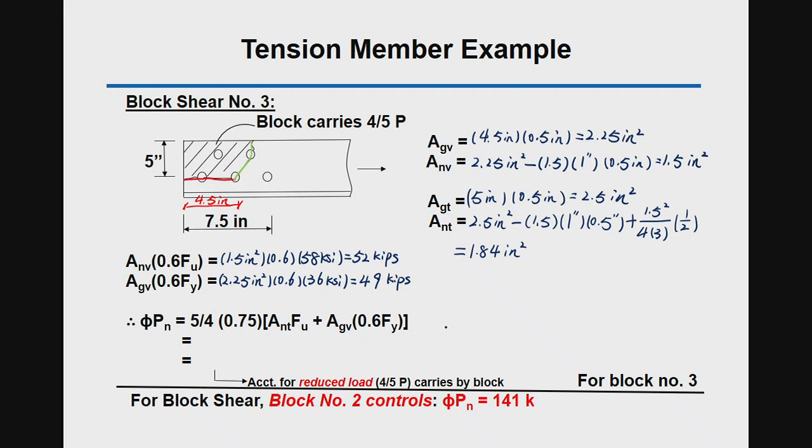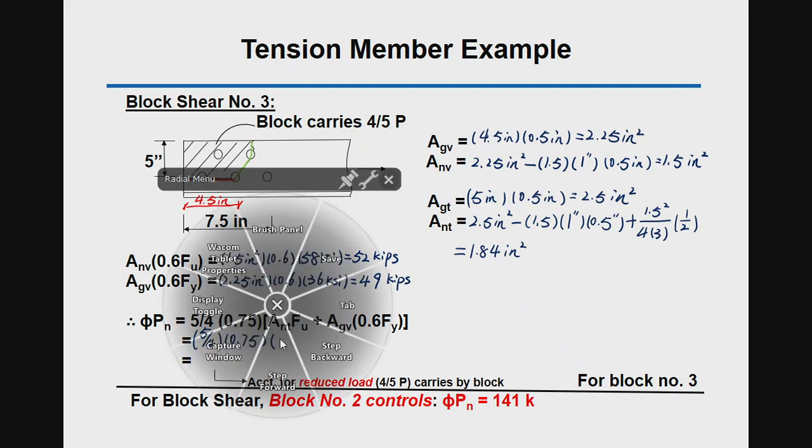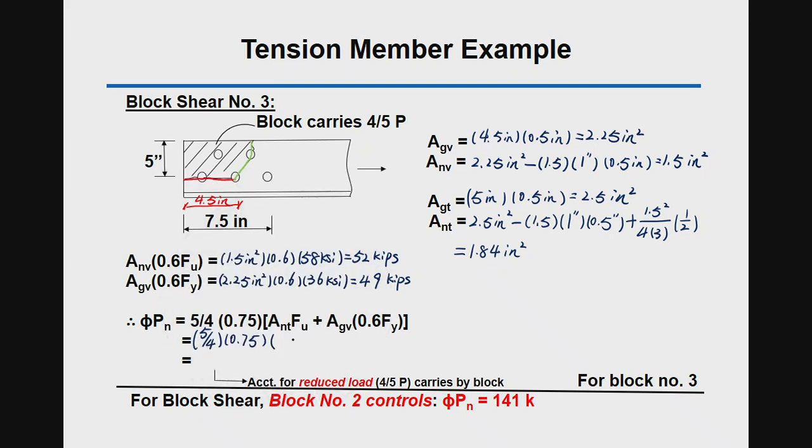So it's equal to 5/4 times 0.75 times ANT, FU is 1.84 square inches times 58 KSI, and plus AGV, so the smaller one controls,